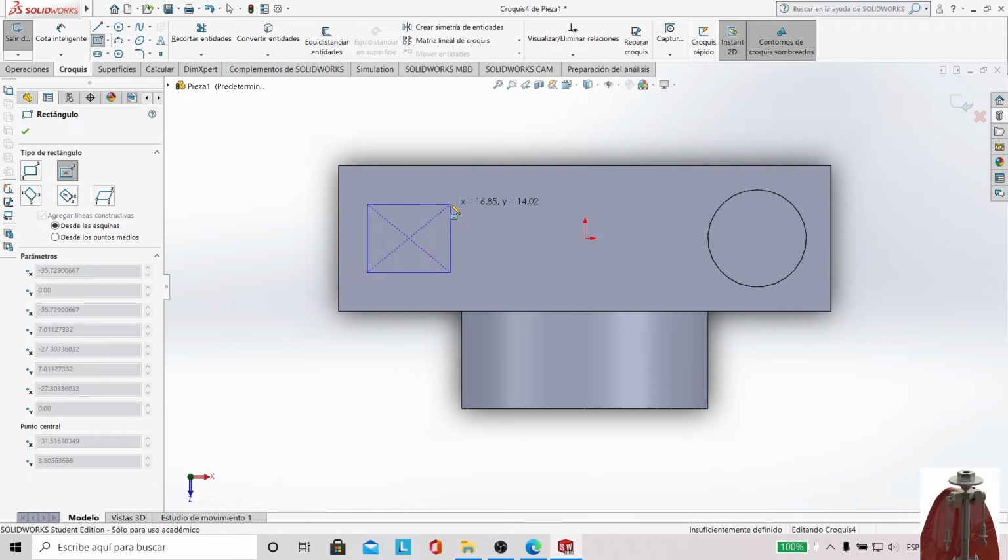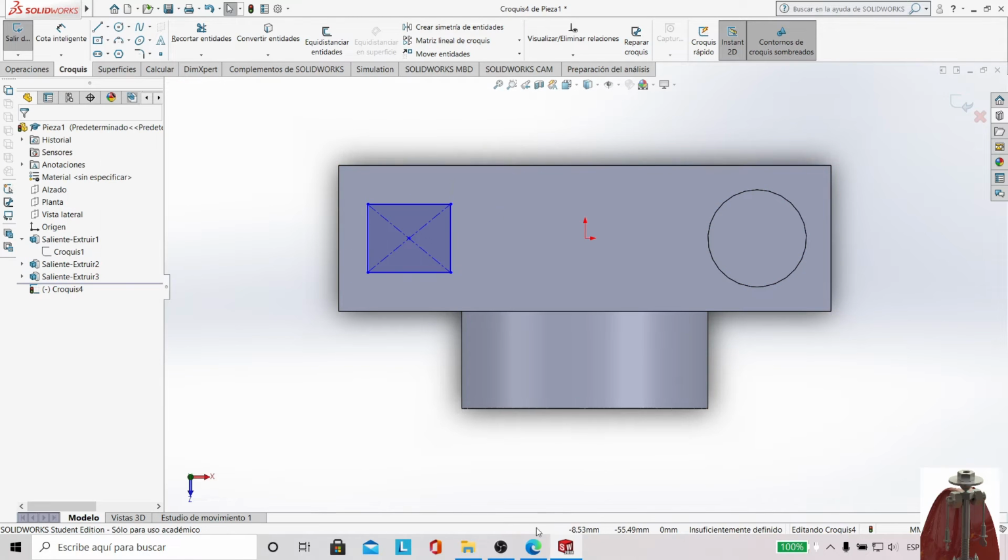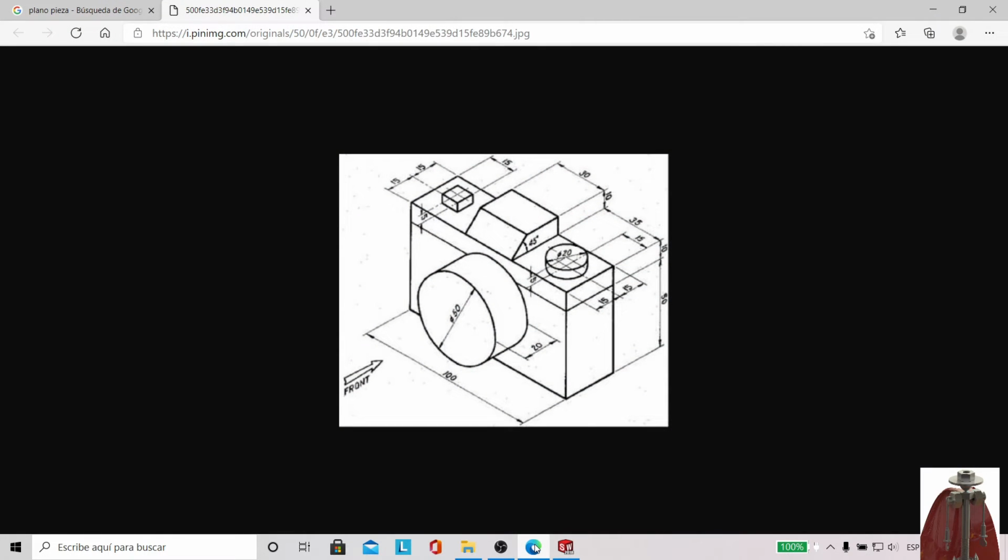And I am going to put it here, okay? We have these lines that, if you see, we don't have the length of this line and of this line,